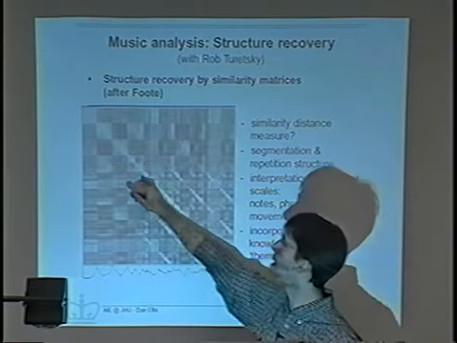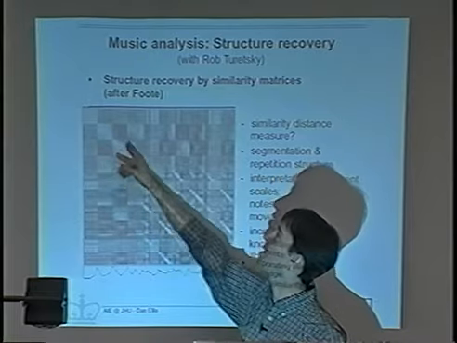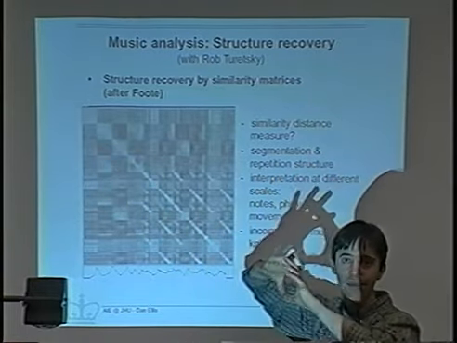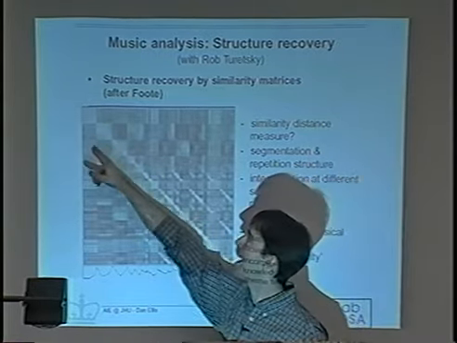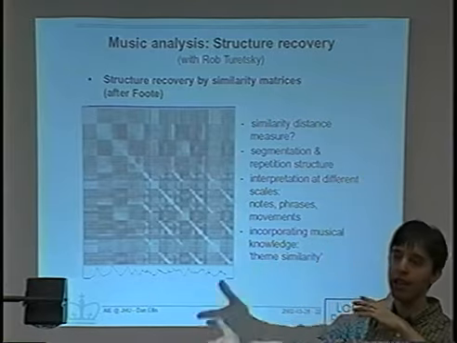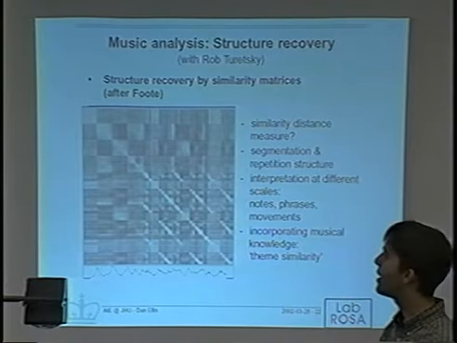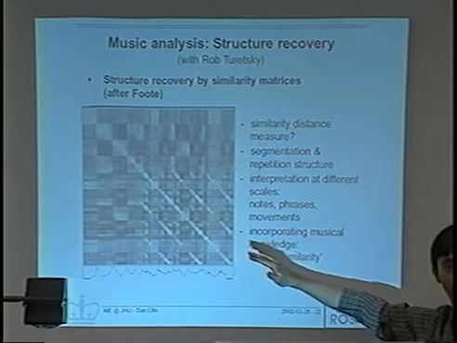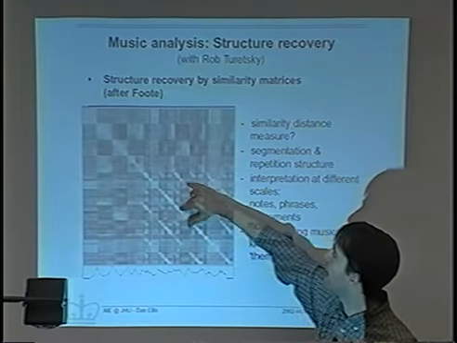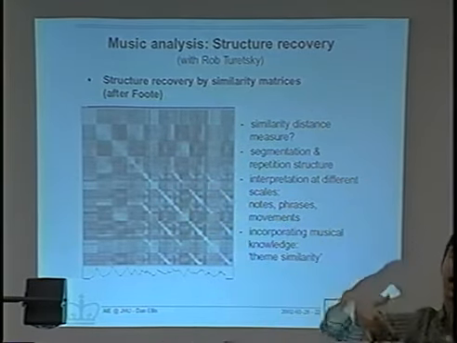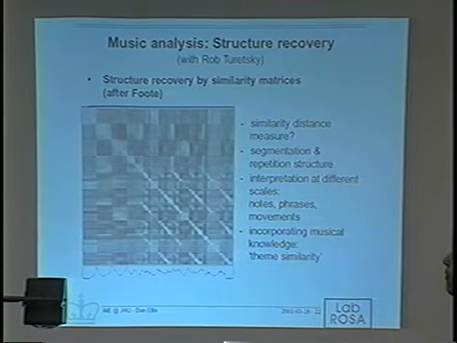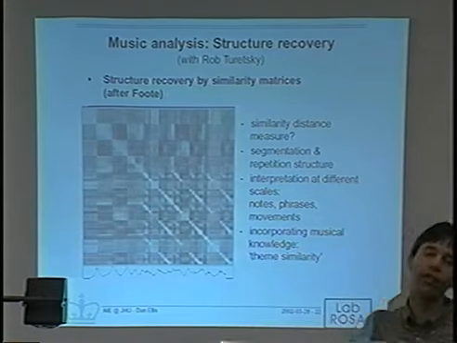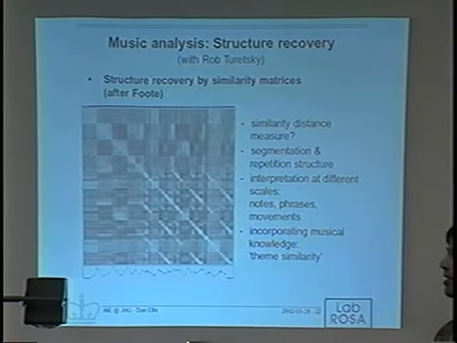So you have this white leading diagonal, but then you have these regions of whiteness, which is where the music was doing one thing, and off-diagonal regions of blackness, which is saying these two segments of music were significantly different. Then you have these off-diagonal stripes, which are basically telling you where the repeats in the music occur. That going down here, this music was very similar to how it was this distance away. So by looking for these, you can find the repetitions, and you can do segmentation based on that.